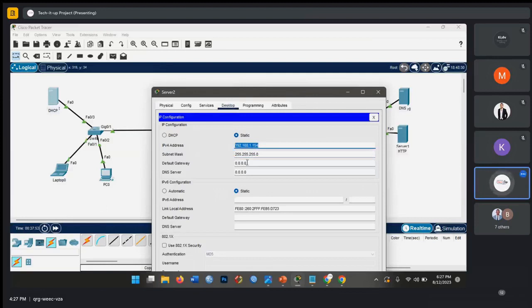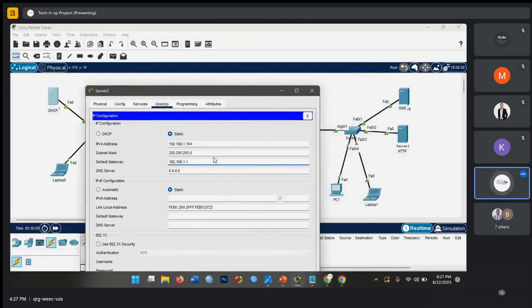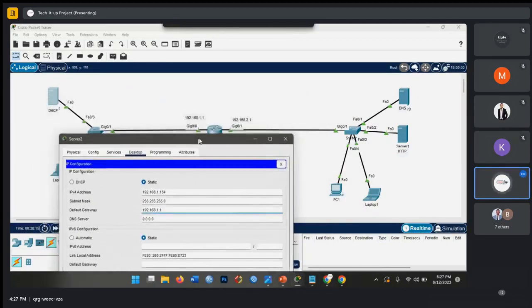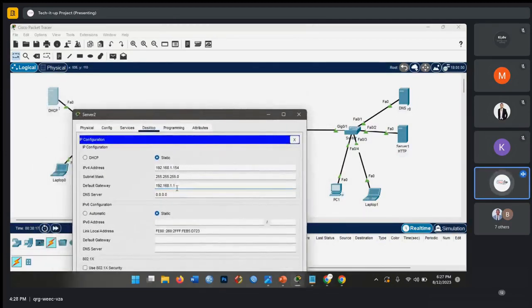Default gateway is the same as the one on the router interface. So .1.1 is the default gateway. All right. What about the DNS? We haven't given it an IP address, but we can just guess. Let's give it